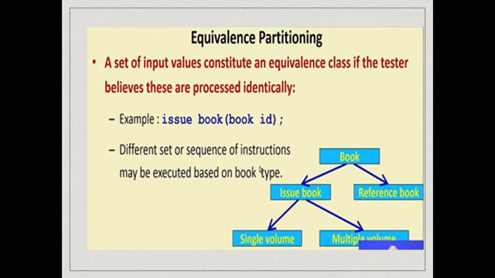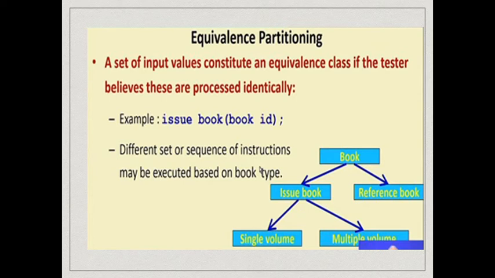Now consider another example. Let's say we have a function named issue book, and it takes the ID of a book, maybe the ISBN number or something, as a parameter. Then it issues the book. Can we identify the equivalence classes for this function? We intuitively know how issue book works: just take a book and then it issues the book to a member of the course. We have the valid and invalid set of this: a valid book ID and an invalid book ID. But then among the valid book IDs, what are the equivalence classes? One is that it is an issuable book and it is issued out.